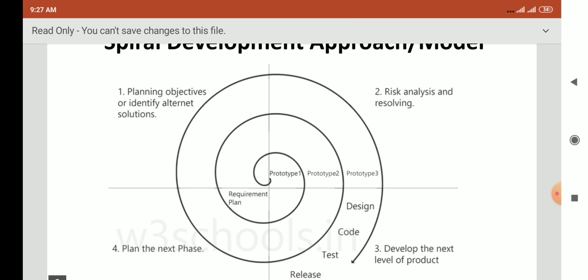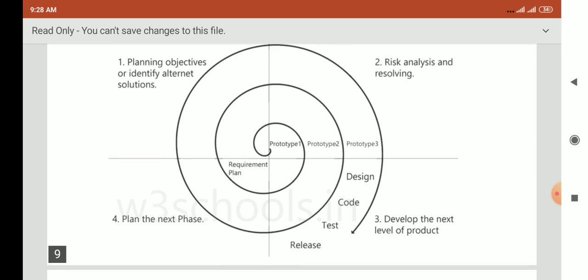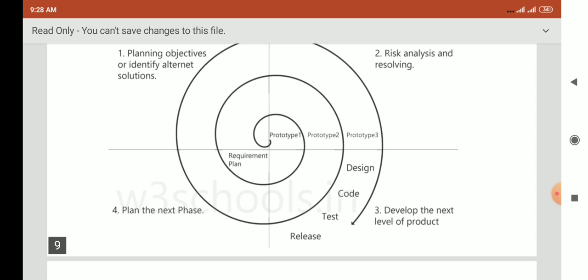First is planning your objective or identification. First you have to identify what you want to do, then you have to plan. Then second is risk analysis. You have to analyze what risks are present in your project and what the solutions for them are. Third is the development phase.